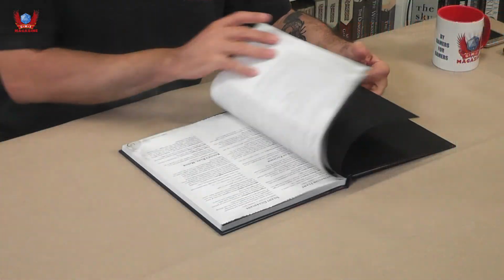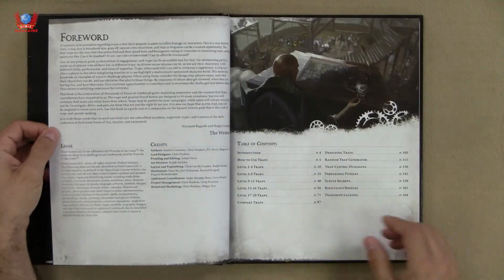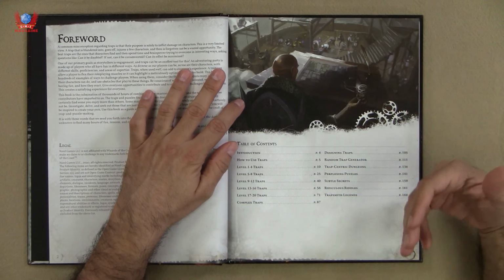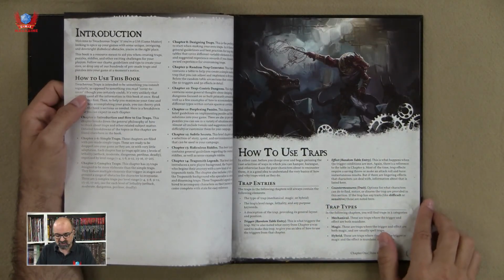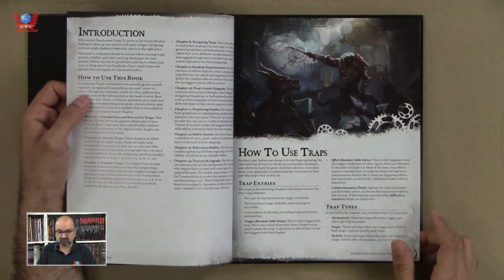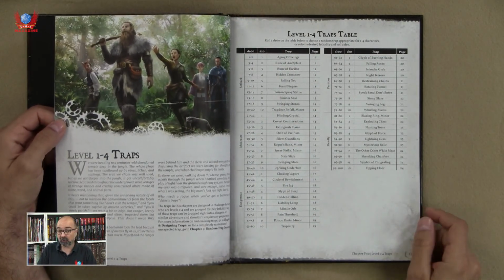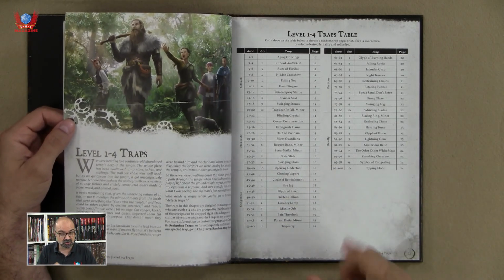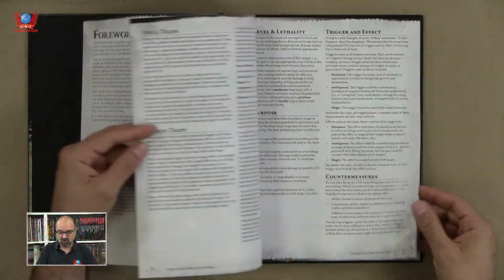The layout is quite simple with 2 columns, and there is plenty of information all over the place. The illustrations are gorgeous. There aren't an awful lot of them, unfortunately. I wish this was a little bit more lavishly illustrated, but the illustrations inside the book truly are delightful. Absolutely love every single one of them. And one of the reasons I like them so much is because they have been very well art directed and chosen to display some sort of interaction or preemption to traps, like there is in this one here, or here